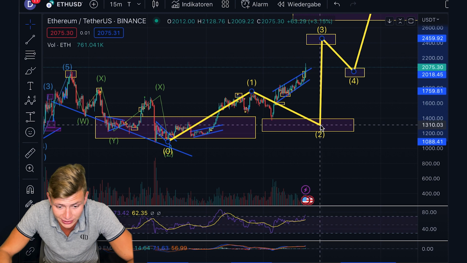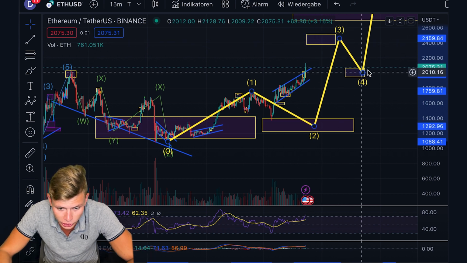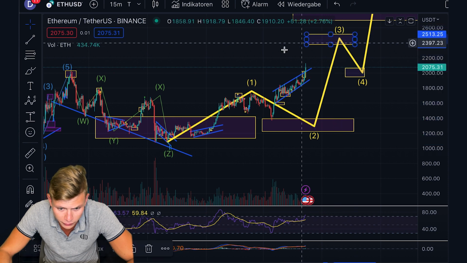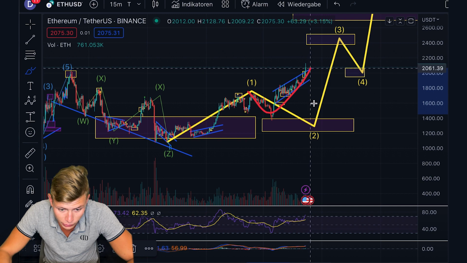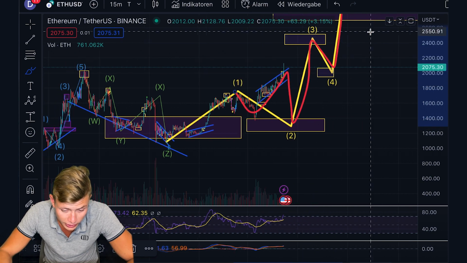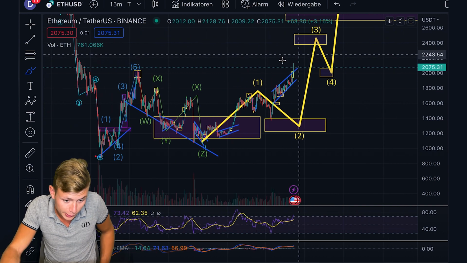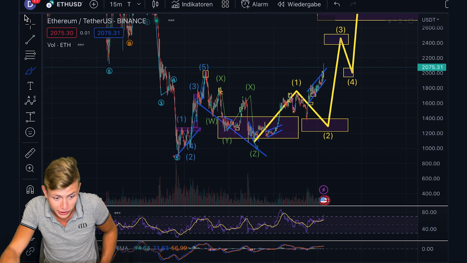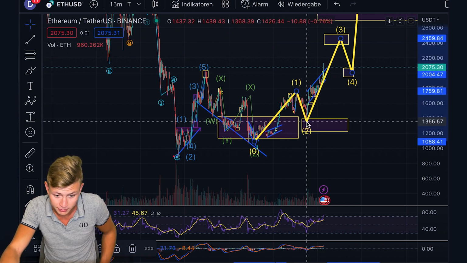The other option is still that we are seeing the wave 2 bottom here, and then unchanged the third, fourth, and fifth wave just a little bit later. Like that, this is all a wave 2 here, and then comes the third, fourth, and fifth wave rally towards the upside. So this is all still possible, but due to the fact that we already got this breakout, we need to take into consideration that the wave 2 low can be in.